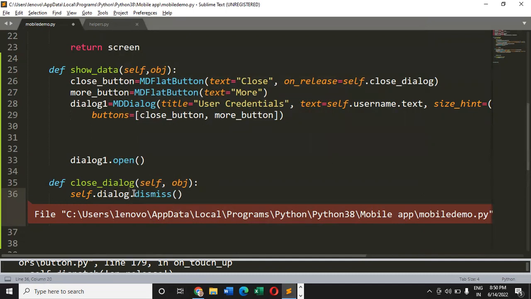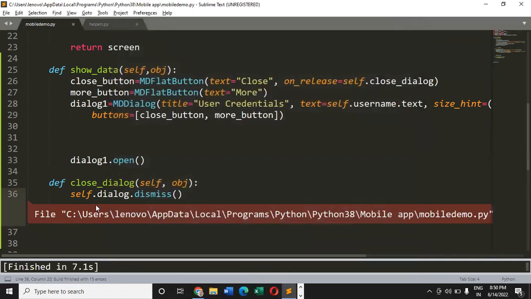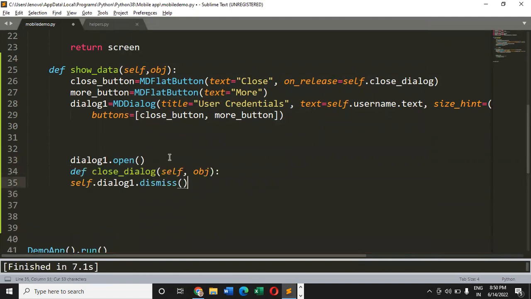If I just change it to dialog, let me check if I'll be able to get the correct output or not. No, I'm not getting the correct output. Dialog one not open. Okay, let's just define it inside this. If I put